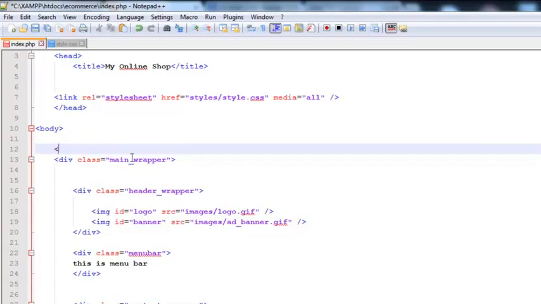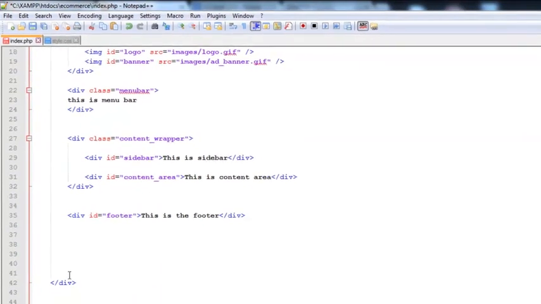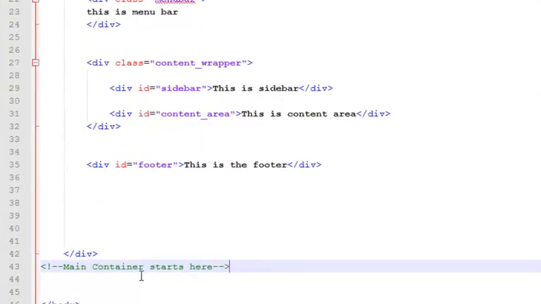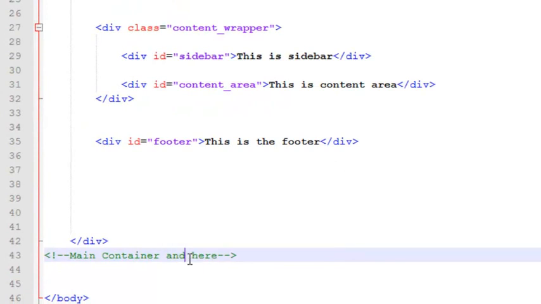So in HTML you can insert comments very simply, by adding a less than sign and then an exclamation sign, and after that 2 dashes, and then write a comment. So I will say main wrapper, main container starts from here, and then we'll say start from here, main container. Just copy this comment and put it just below here. We'll say that main container ends here,